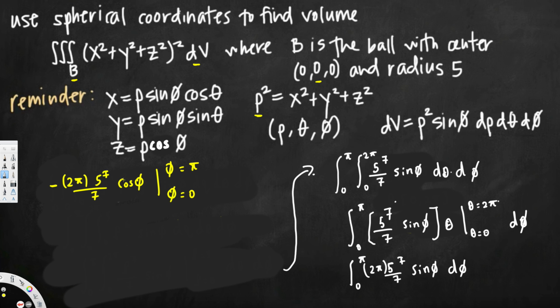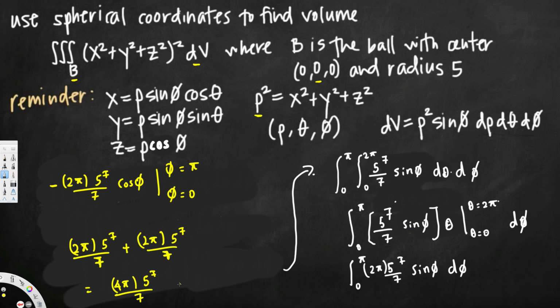Okay, and we know that cos phi is equal to negative 1, so that's going to turn into positive because negative negative becomes positive. So we are going to have 2 phi times 5 to the power 7 divided by 7 minus, and when we plug 0 for this phi, cos 0 is equal to 1, so this is going to be minus 2 phi 5 to the power 7 divided by 7, but minus minus is going to turn this one into plus, so we will get 2 phi times 5 to the power 7 divided by 7, and if we add these two together, this is going to turn into 4 phi